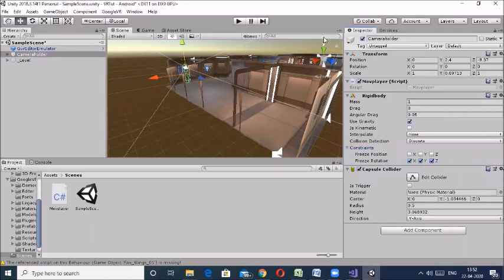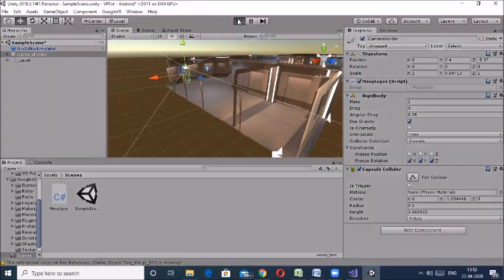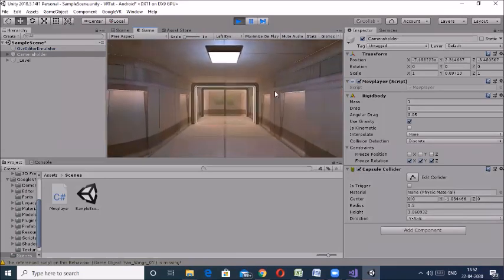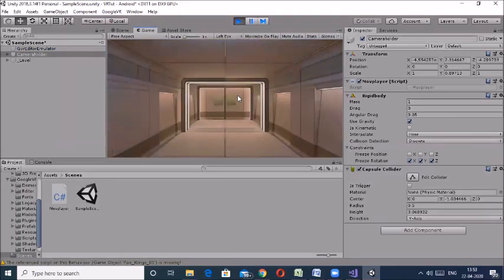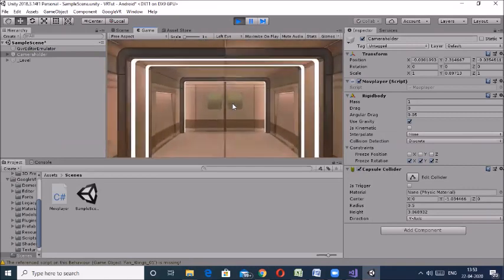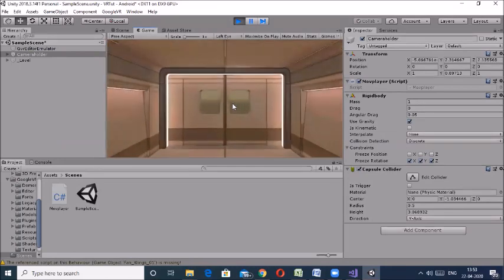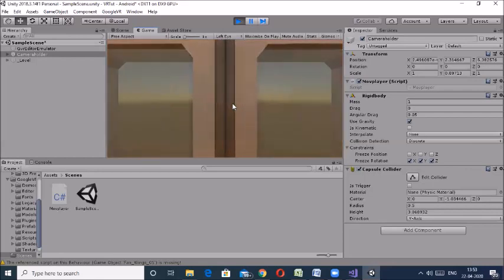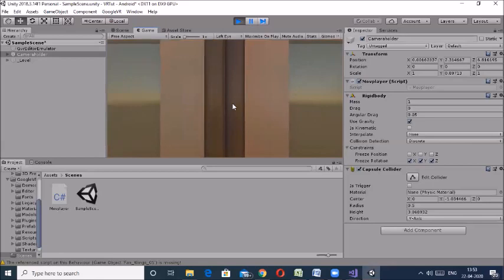Okay, now if you see here, you are easily able to move the player, and once this player collides with this door, okay, now he's not falling.